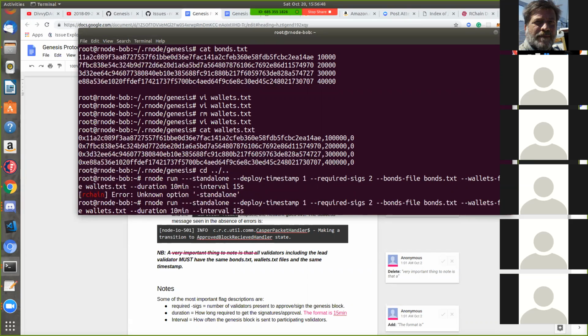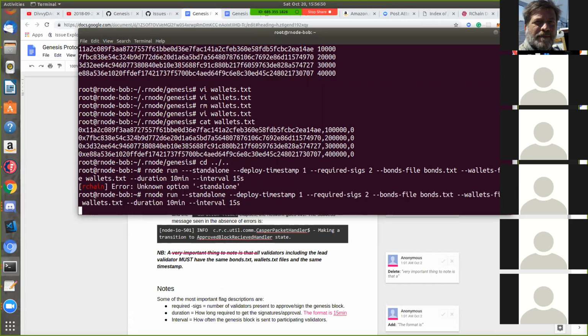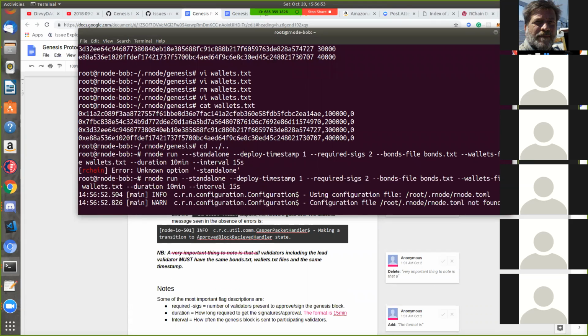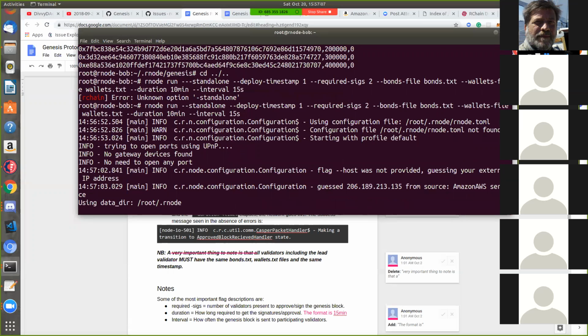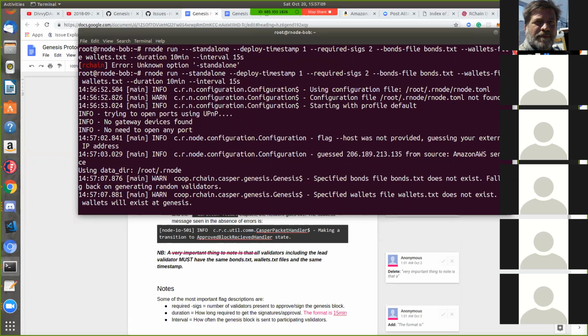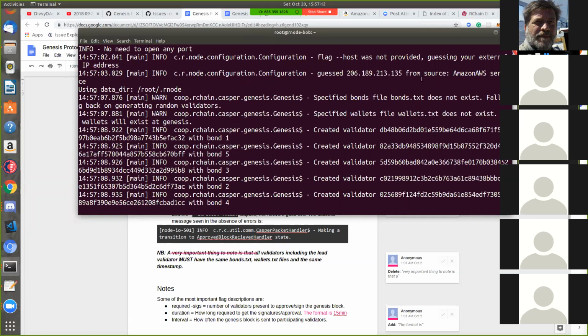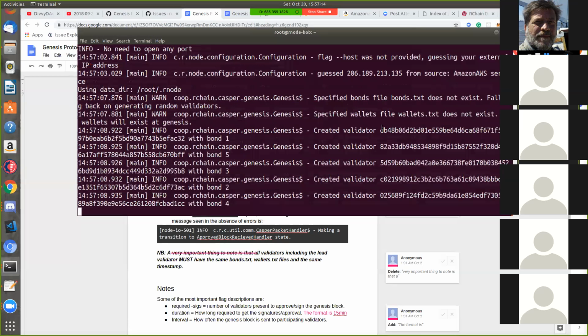Should be 1 dash, 2 dash. Probably should have used no PMP. Yeah, okay. It says the bonds file does not exist. And the wallets file does not exist. That doesn't look good.